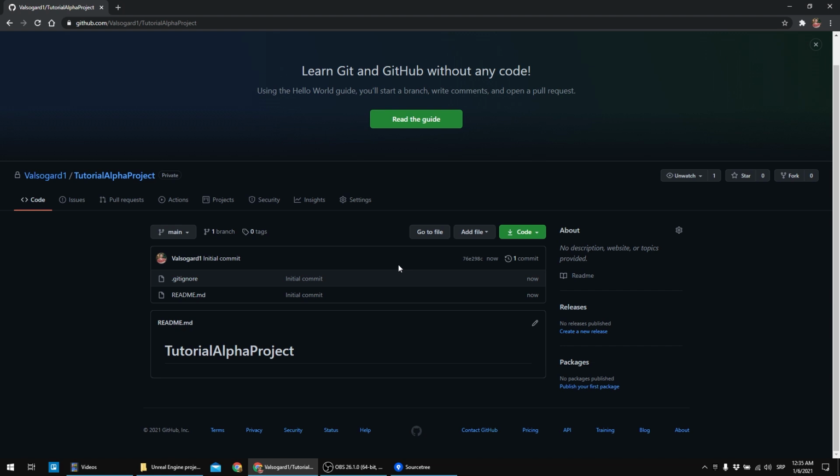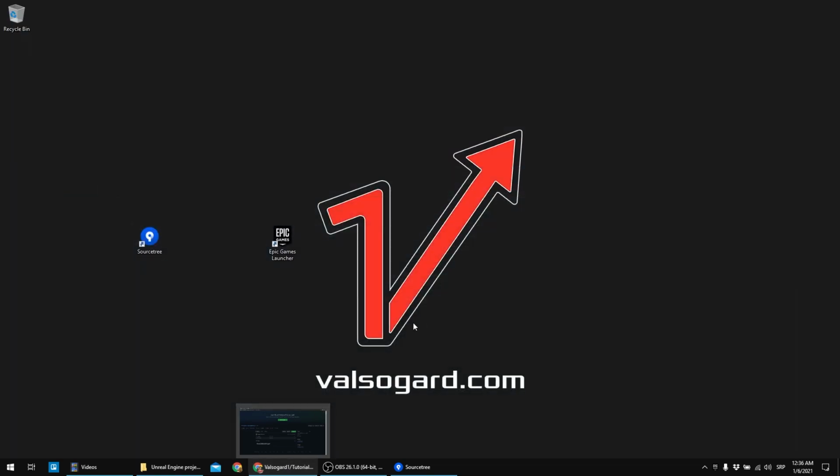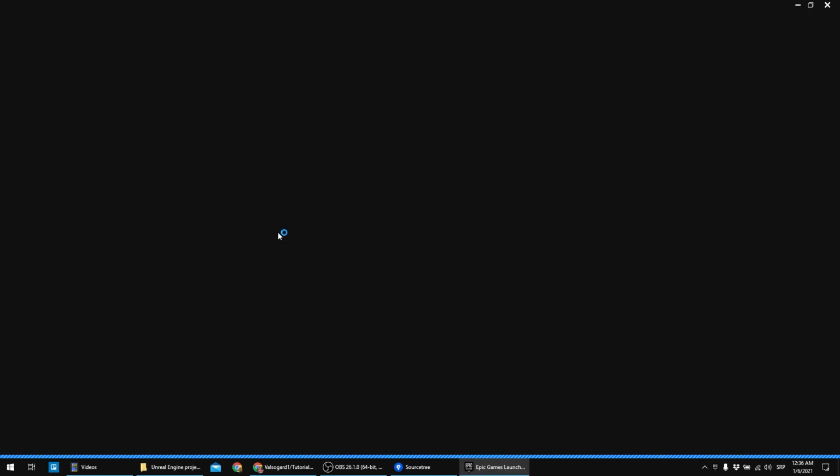Okay, our repository has been created, and as you can see at the moment, it only contains these two files, which are the readme.md and .gitignore files. Now I'm going to show you how to create the project and push it, or in other words, upload it, so that we have some files here as well. All right, let's proceed. So open Epic Games Launcher,